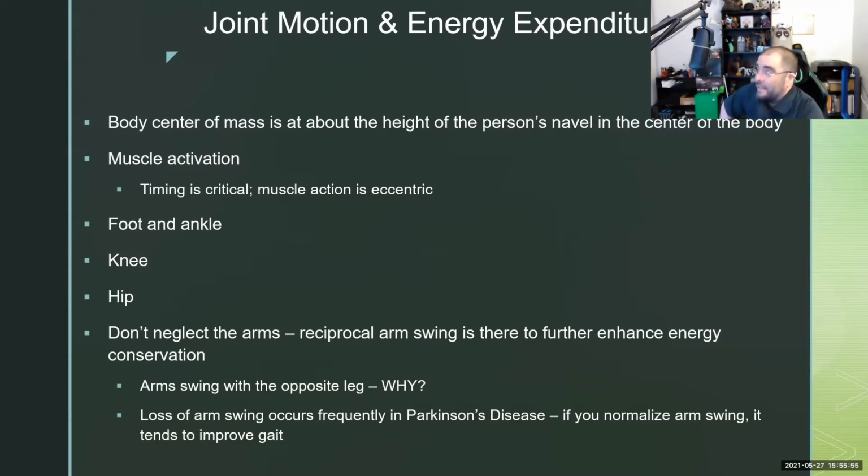More disabled, exactly, Joe. It frequently happens in Parkinson's disease because Parkinson's disease kind of slows up all the motion of the body. And it's interesting, if you can get a Parkinson's patient to do more arm swing, their gait improves. It's pretty wild that this happens, right? Does anyone know what a Parkinson's patient walks like? Shuffling gait.